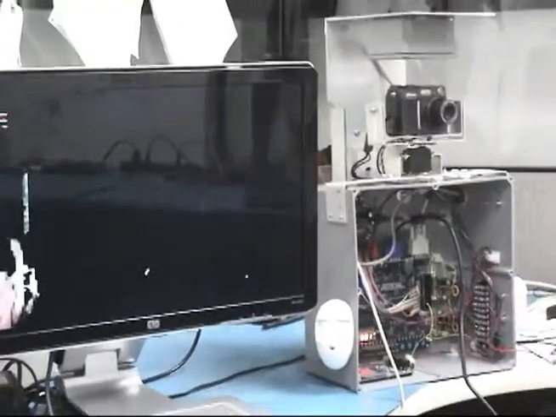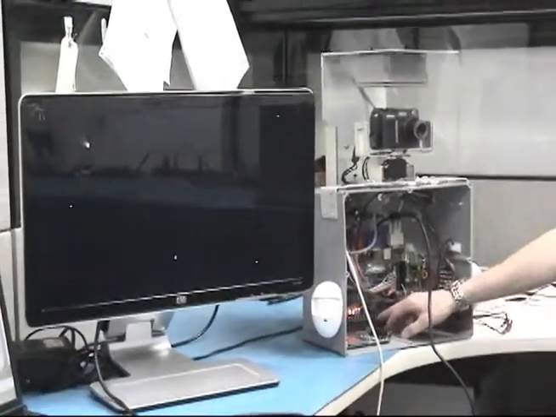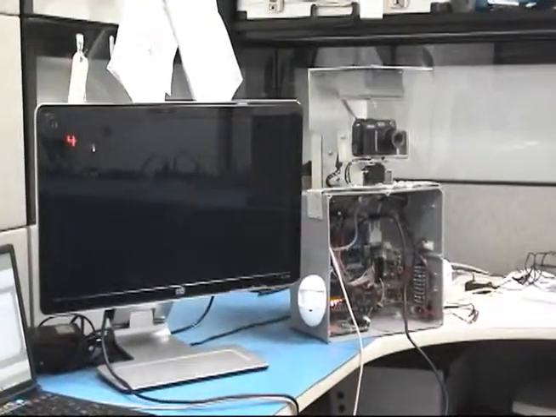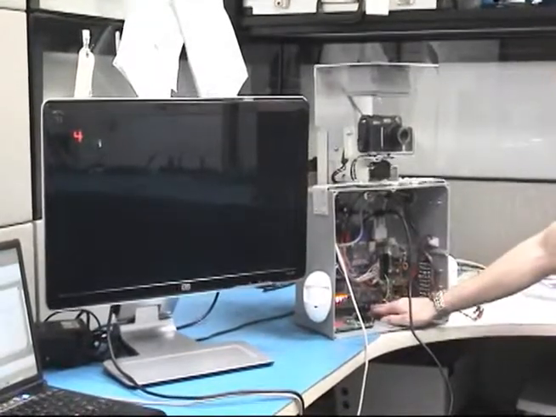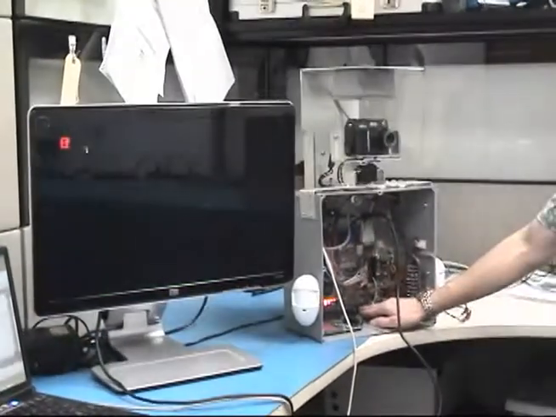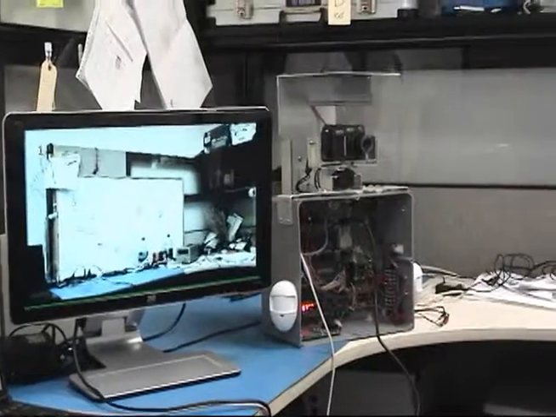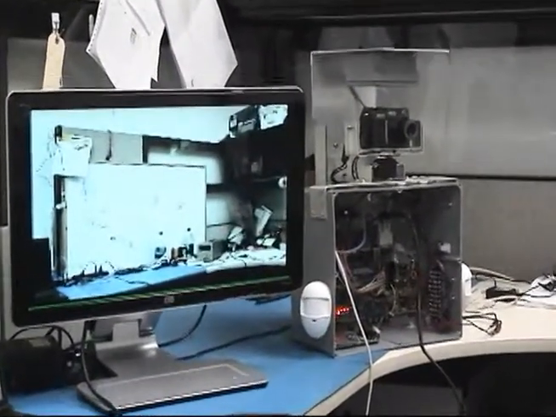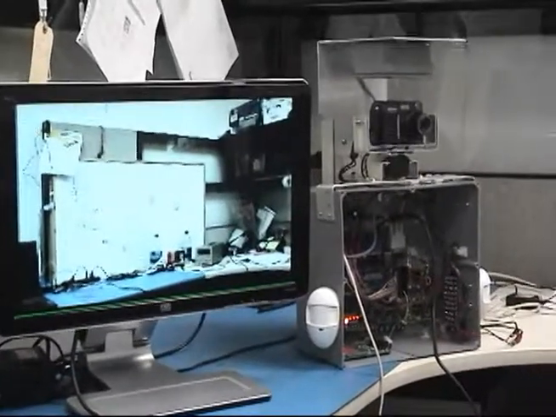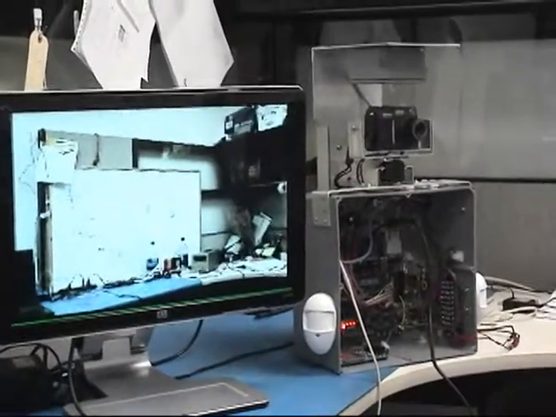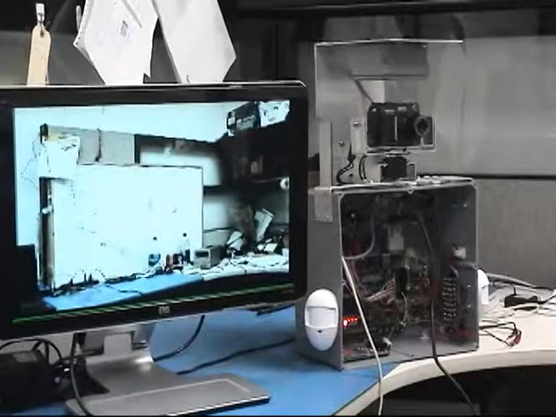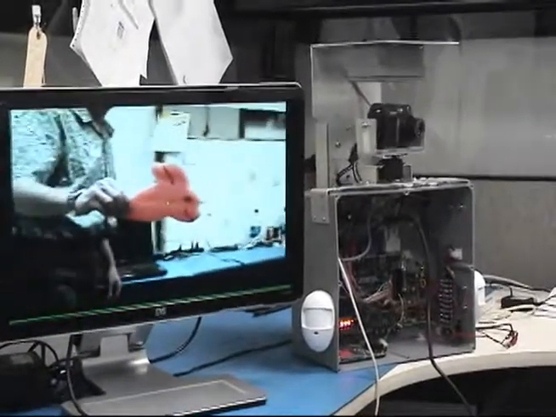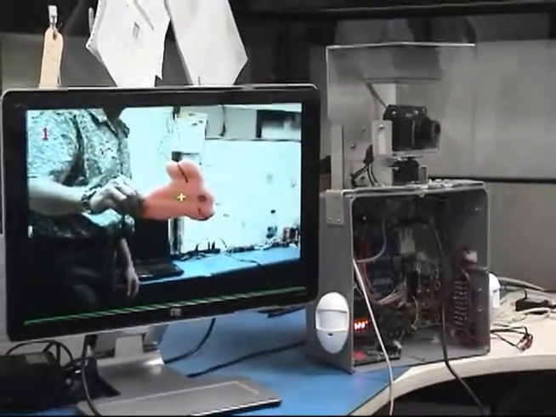So the system in operation works like this. I'll take the channel back. So now the system is actively looking for motion. I've actually triggered the motion sensor by just being here. And the rabbit is going to enter the field of view, and then the system will detect it and then